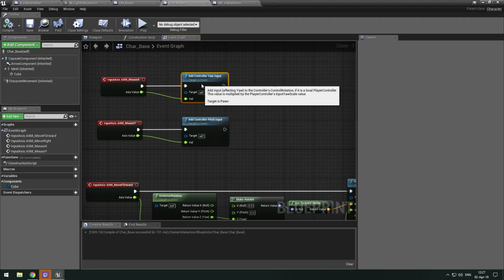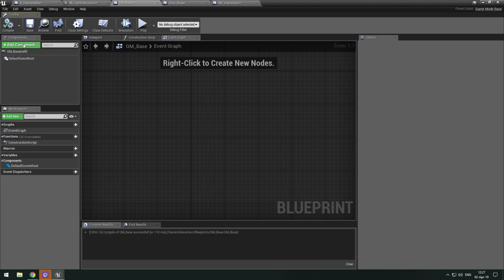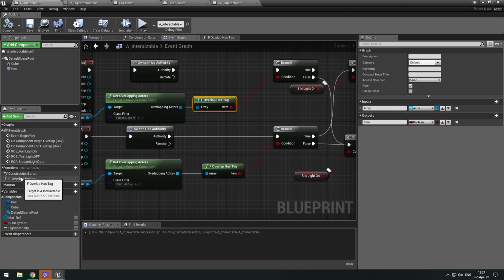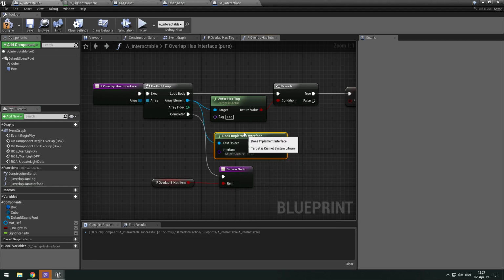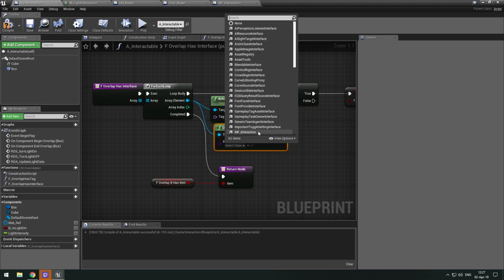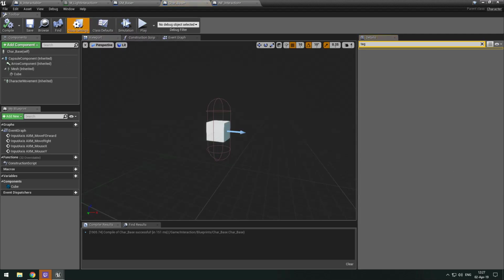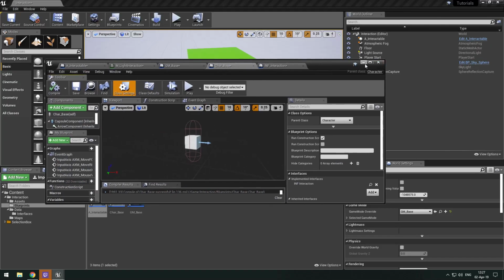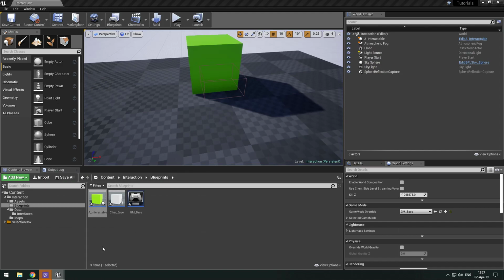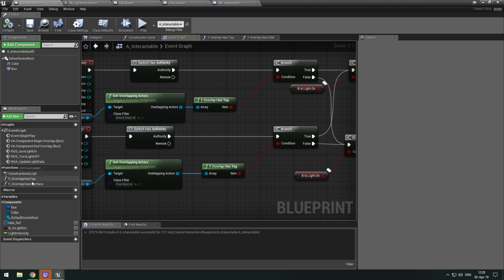So what I'm going to do now is, oh wait, one other thing: we made an interface, and if we want to check for the interface, let me just duplicate the has interface node. We can just do does implement interface, and if it does, we can call interface interaction. Actually, I don't think we will need it, just other actors will need it. I still have the wrong one connected. So if we go in here and has interface,